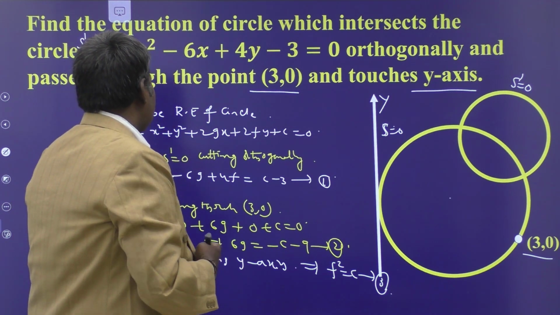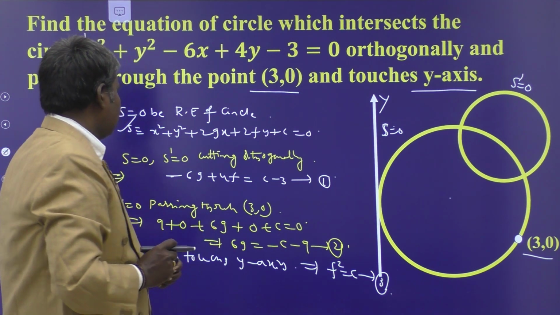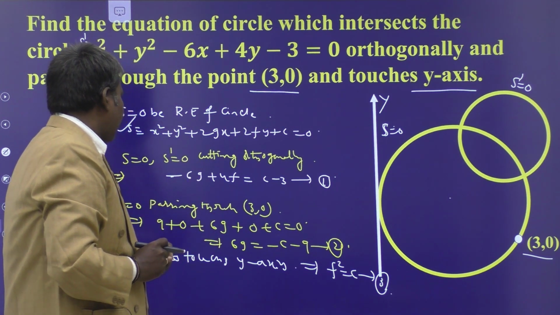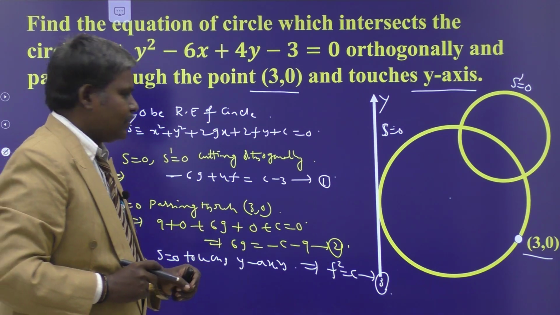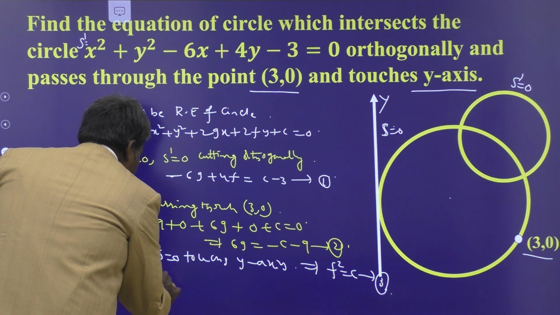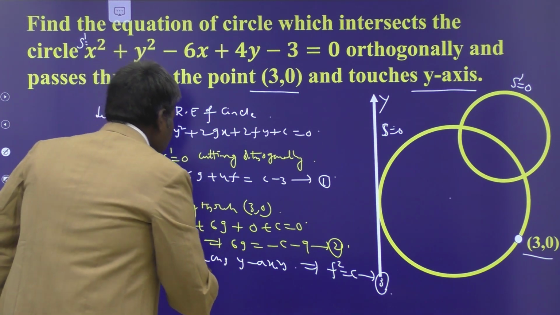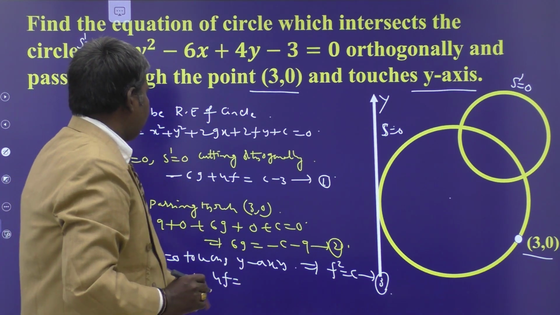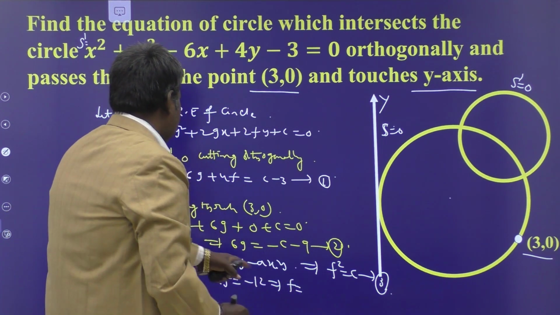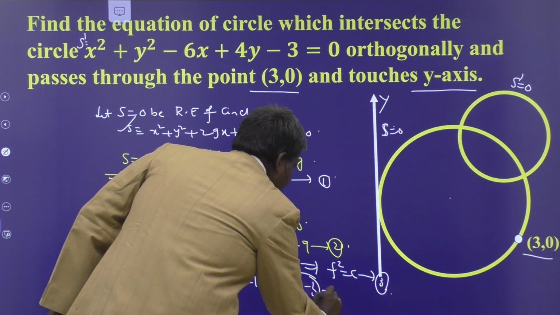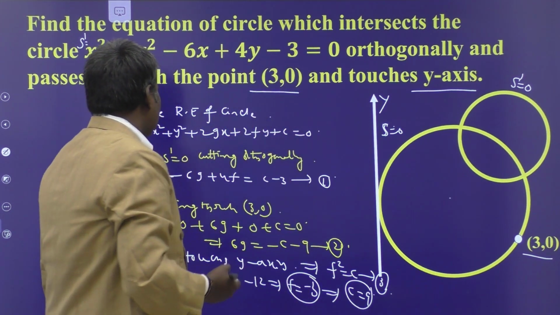After getting the values of f, g, c, substitute in S itself, we obtain the required equation. How to do this one? Just by adding 1 and 2, what happened? Minus 6g plus 6g cancel. At the same time, c and minus c also cancel. So that is the best process for you. 1 plus 2 implies minus 6g plus 6g cancel, 4f is equal to minus 12. Implies f is equal to minus 3. When f is equal to minus 3, immediately we obtain the c value, minus 3 square, that is 9. c is equal to 9.